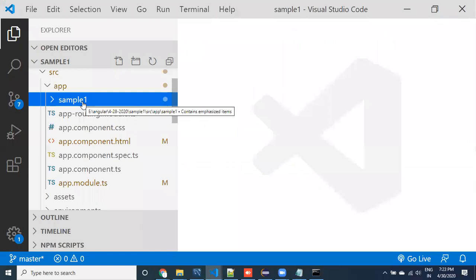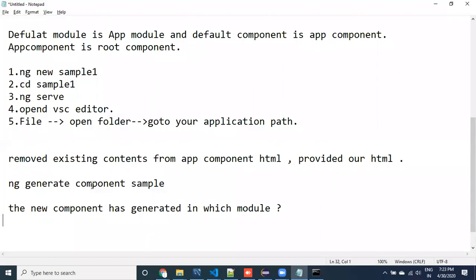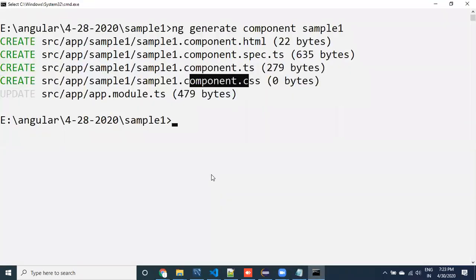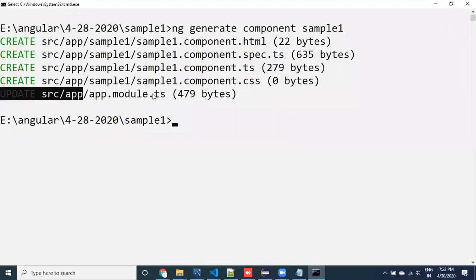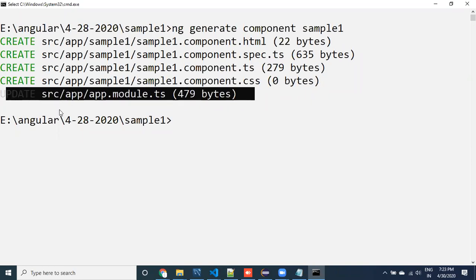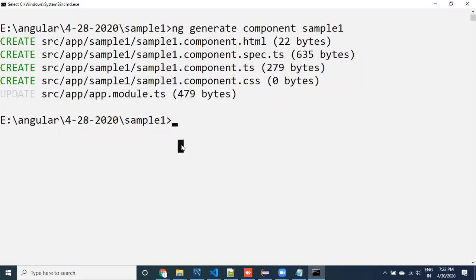So this is under the app module. Yes, of course, in one way we can say it like this. But if you go to the app module, if you see here, guys, what happened? 4 files have been generated, and 1 file got updated. See here, guys, the updated file is app.module.ts. This is the thing that we need to understand before going further. What does that mean? It means whatever component we have generated, this component is related to a module.